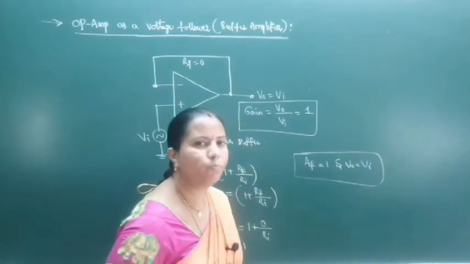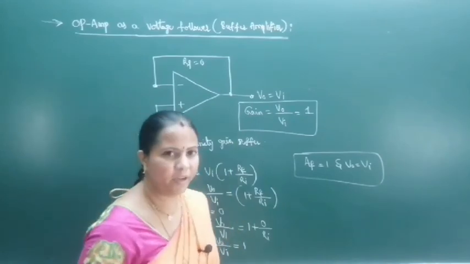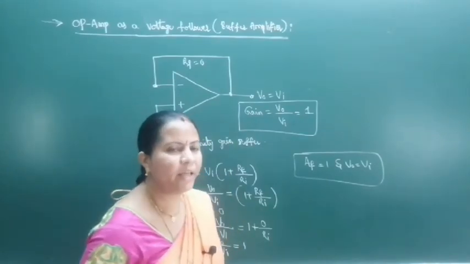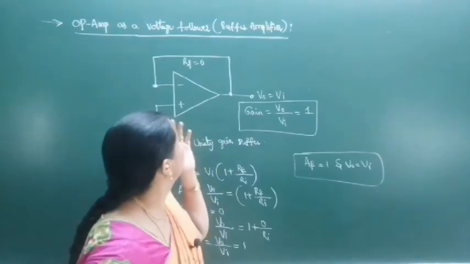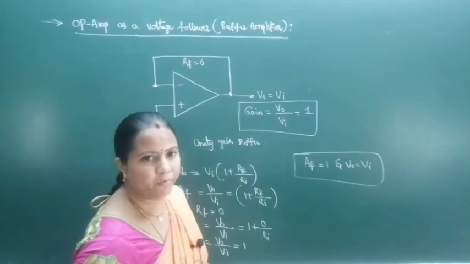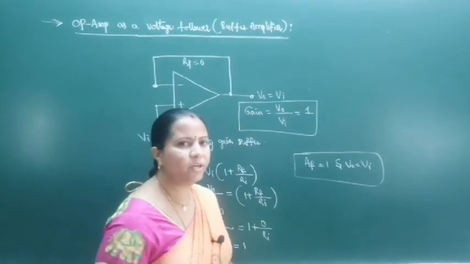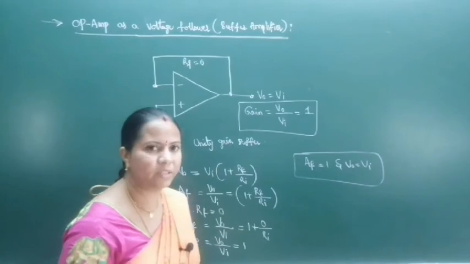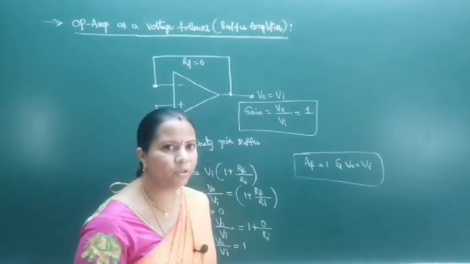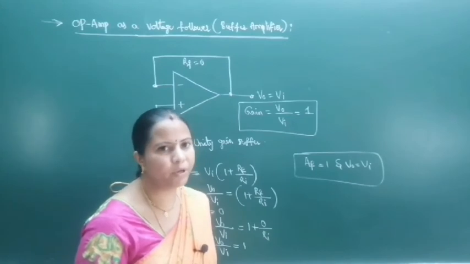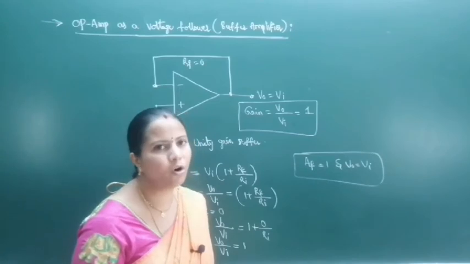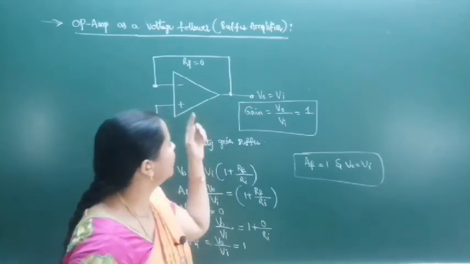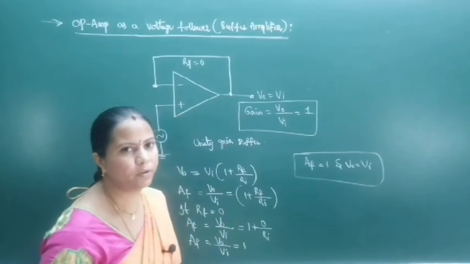That means here the output voltage of the buffer amplifier is not inverted, and directly the output voltage is equal to the input voltage. That's why we named it as voltage follower or buffer amplifier. And one of the most important features of this buffer amplifier is that it can make the circuit high input impedance and low output impedance. It will maintain the circuit with high input impedance and low output impedance. That is the action of the buffer amplifier or voltage follower.